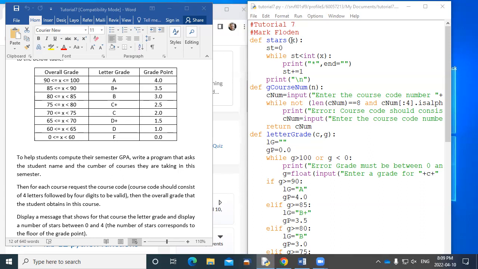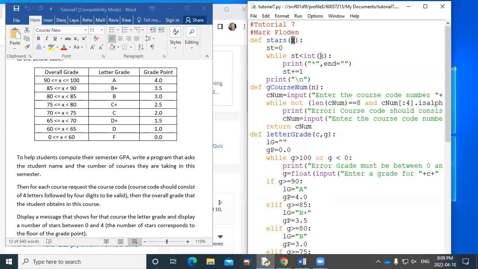So we have a function and it takes as a parameter a number. Here I've just called the number X. And then we run a loop and the loop starts from 0 and goes as long as, now look, I take that number, which I know is going to be a float, like 3.5, your GPA. This X is your GPA number, 3.5. It's going to take that number and convert it to an integer. When it converts it to an integer, the 0.5 is lost. So you see what we're going to do?